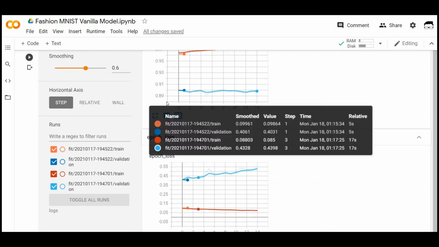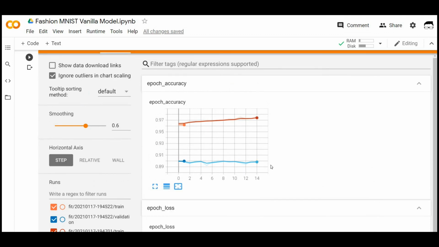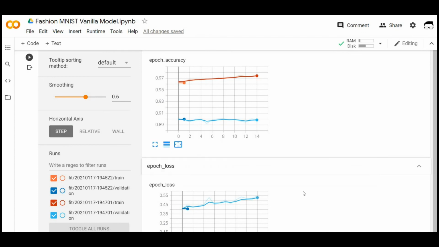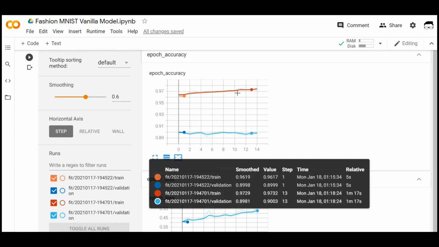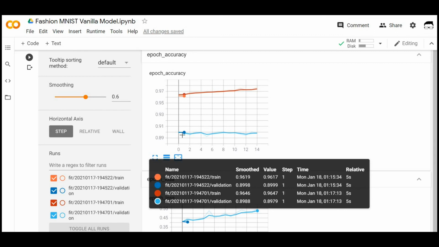We'll actually see the results using TensorBoard. So here you can see two things: one graph is for your accuracy, and the other graph is for your loss. And I think the blue lines are for your validation set, and the orange lines are for your train set. And here we can see that this graph is plotted across epochs.